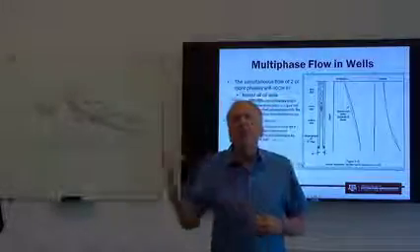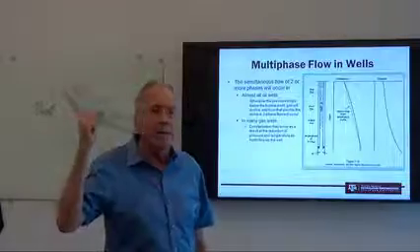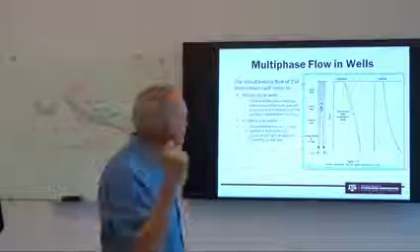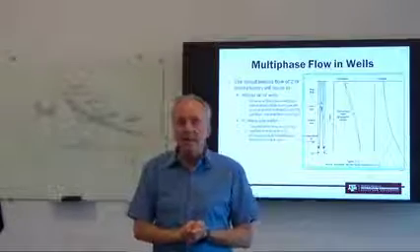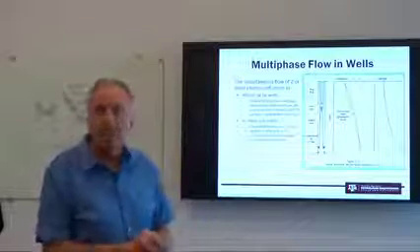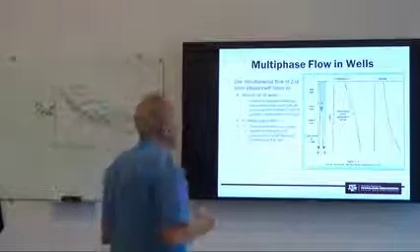If I have steady state flow of gas and liquid coming out of the surface of my well, how can it be that I have different flow regimes in the pipe? And the answer to that is in the compressibility of gas. So our gas is compressible, our liquid is incompressible, or virtually incompressible. And so we can have